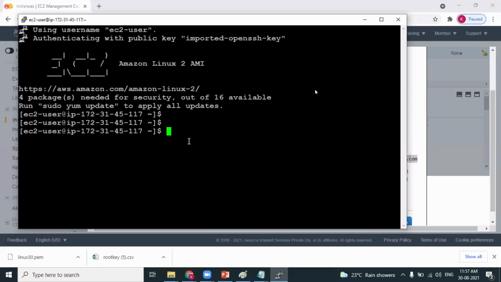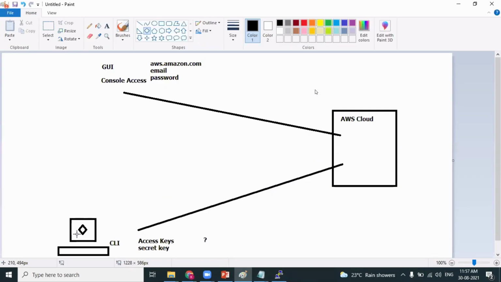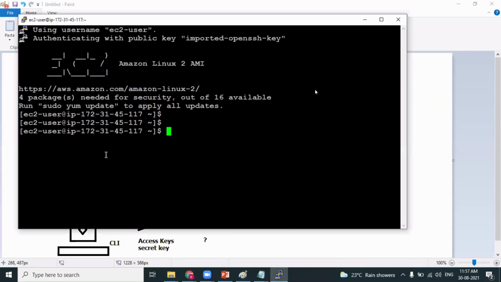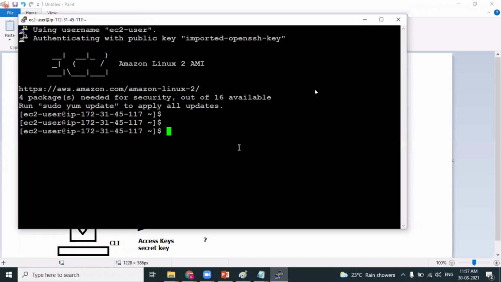Now, what's our plan? Our plan is to experience the command line interface from the console access. Anuj, when we experienced the command line interface from my personal laptop, we installed one special software called the AWS CLI tool for Windows. In such a case, we may guess we should download and install the AWS CLI tool for Linux, because it is a Linux operating system.